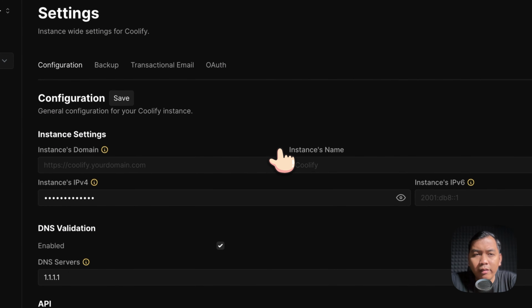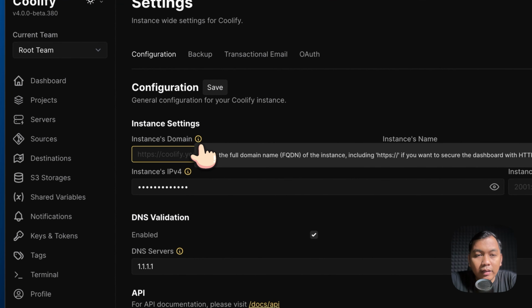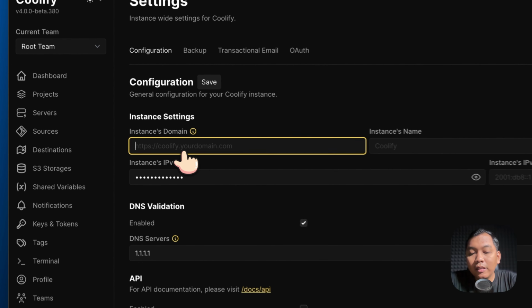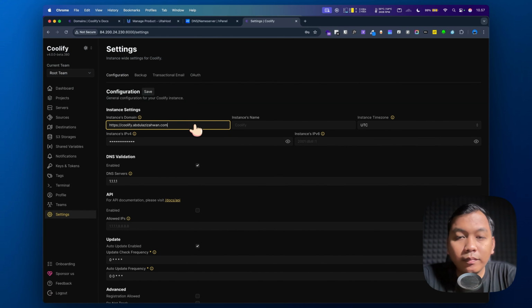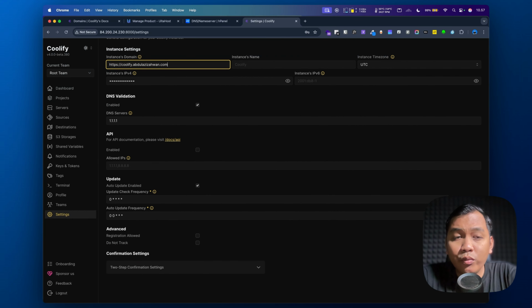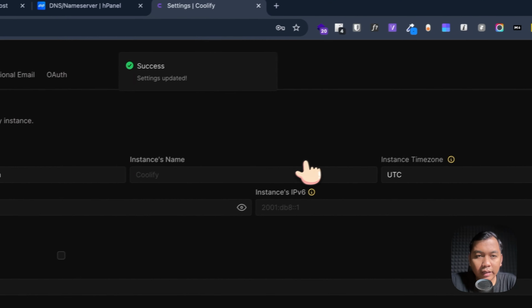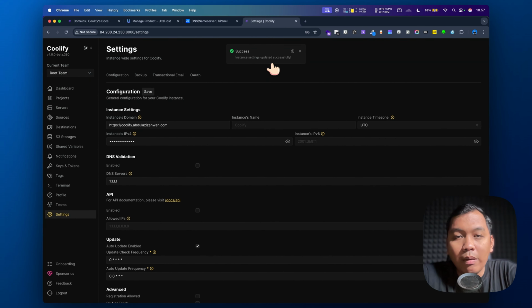Alright, so this is Coolify settings, and here we need to enter the full domain, such as HTTPS. So let's see, HTTPS, and then coolify.mydomain. The default DNS validation uses Cloudflare, but my DNS server isn't Cloudflare, so I need to uncheck this one. And next, we just need to save, and yeah, success, instance settings updated successfully.